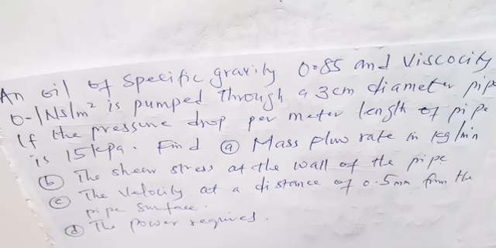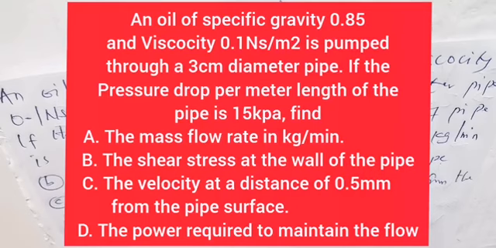Alright, so let's consider the question. The question says an oil of specific gravity 0.85 and viscosity 0.1 Newton seconds per meter squared is flowing through a 3 centimeter diameter pipe. If the pressure drop per meter length of the pipe is 15 kilopascal, the question says find: